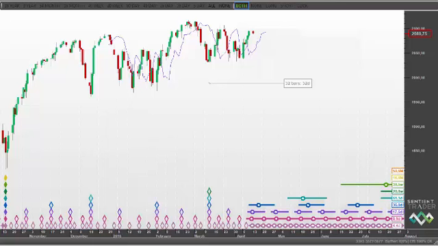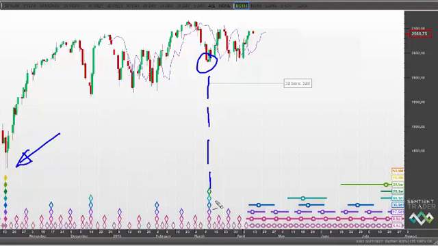I don't need to dwell too much on the details, but as you can see, there is an 18-month cycle trough back here in October of last year, and the 20-week cycle trough in this analysis is positioned in the second week of March. As you can see, that's what that green diamond represents, the position of the 20-week